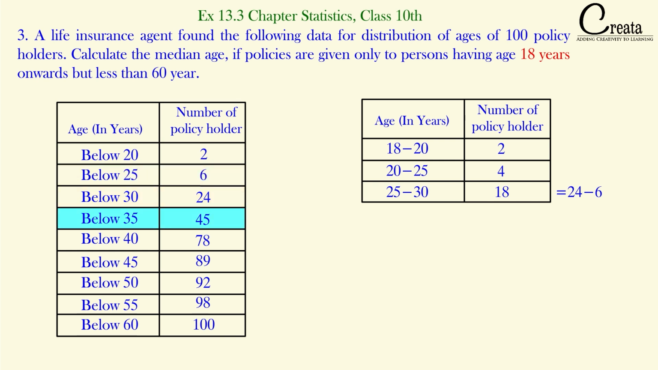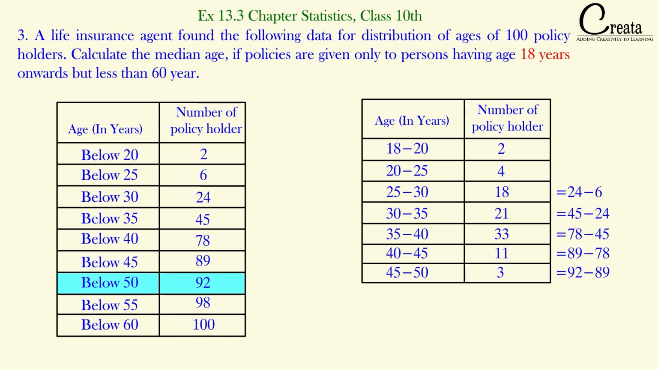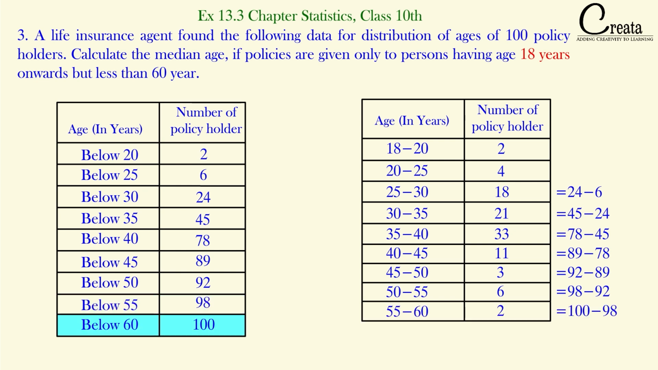Similarly, we can say from the age of 30 to 35, we are having 45 minus 24, that is 21 people. From age 35 to 40, we are having 78 minus 45, that is 33 policy holders. From 40 to 45, 11 policy holders. 45 to 50, 3 policy holders. 50 to 55, 6 policy holders. And 55 to 60, only 2 policy holders. Got it? We have changed the data into the range form, the data in which we are used to solve